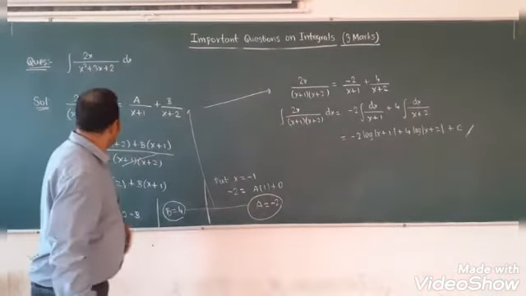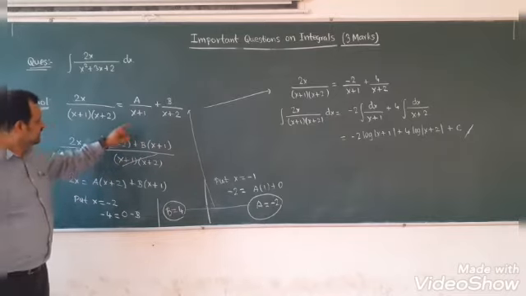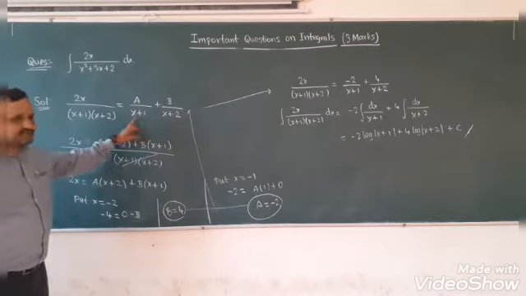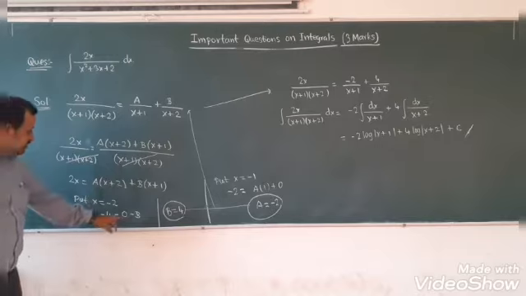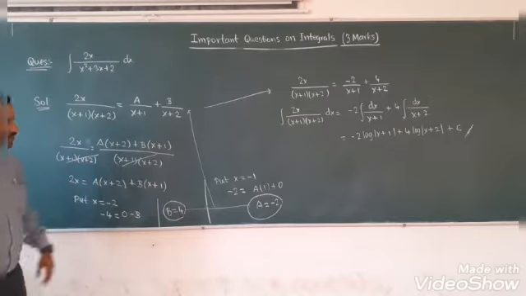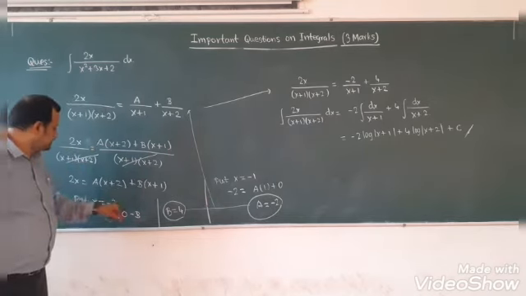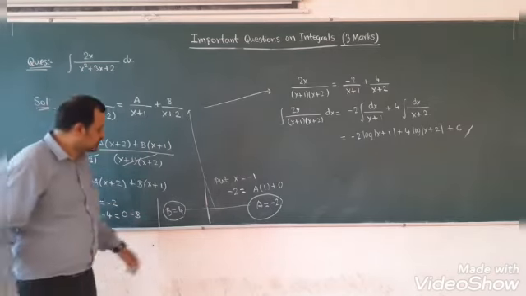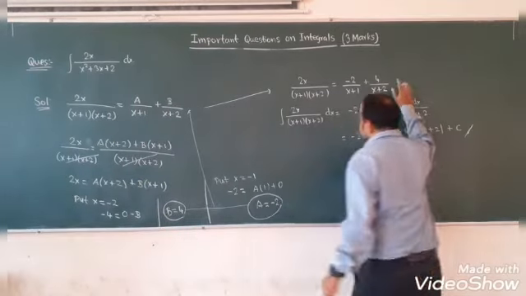So what we have done here is, we applied partial fraction. Since non-repeated linear factor, we can write like this. Now take LCM, the denominator will get cancelled. Put x is equal to minus 2, you will get minus 4 is equal to minus b, so b equal to 4. Put x is equal to minus 1, so b will become 0, you will get a equal to minus 2. Put both the values in this, and you will get this step.